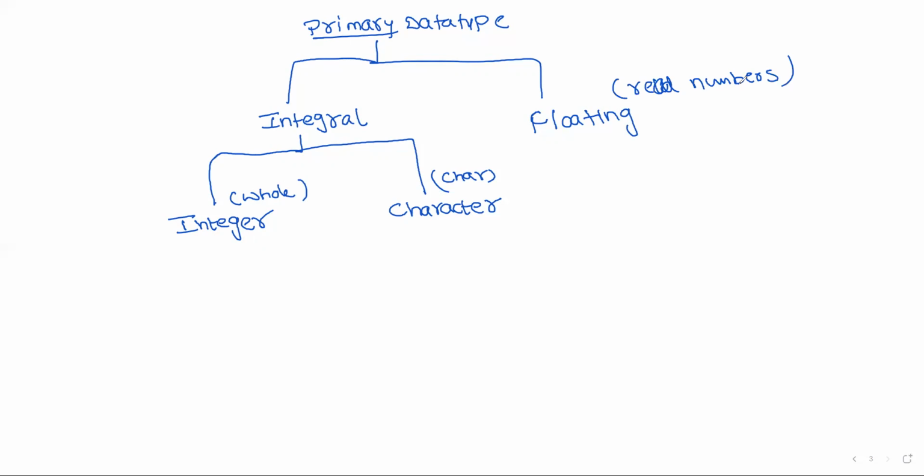At the time of variable declaration, what do we mean by a variable? For example, if you want to calculate the sum of two numbers, sum is equal to a plus b. Here a is a variable which is used to store some information, and b is a variable which is used to store some information. Which type of information is stored by a and b?